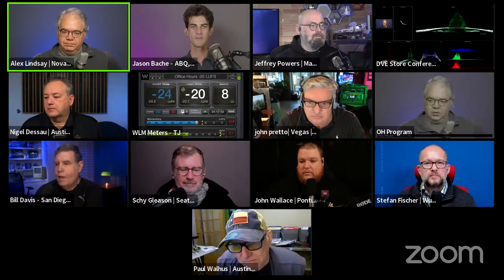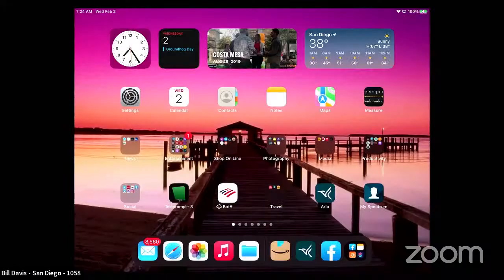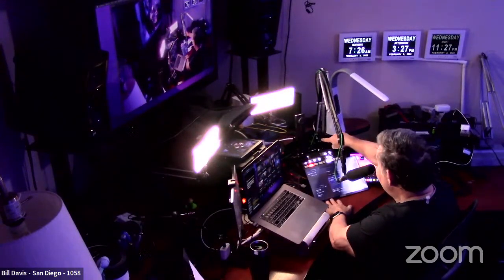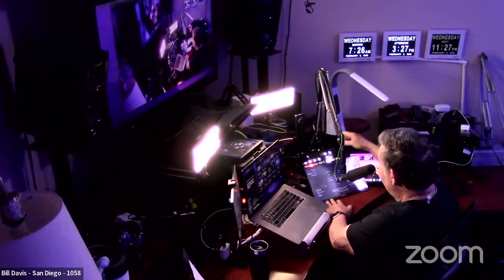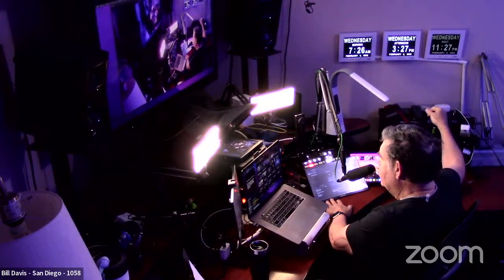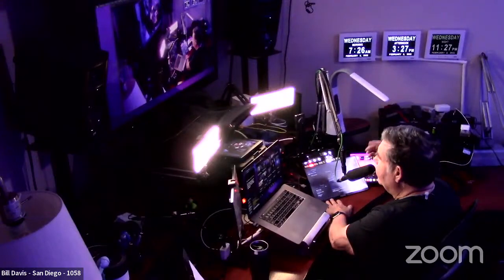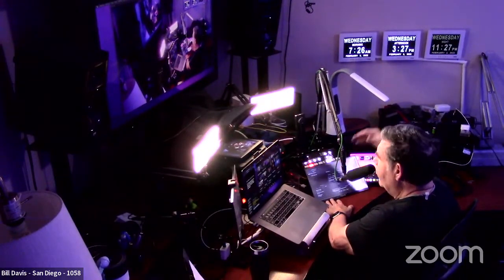Go ahead, Bill. And I'm lucky. I have a two-tiered desk that's got a meter bridge over the top of it, which means that I was able to mount my mic arm to the second level, which puts it up high generally. That also means that it clears everything below that. So when I swing it out of the way at the end of the show every day, it literally just sits over against the right wall, and I never have any problem with knocking anything off the desk or whatever. So if you're lucky enough to have a meter bridge or a second tier of your desk, I highly recommend